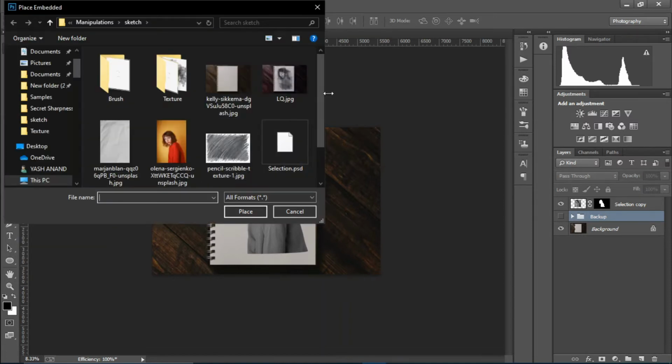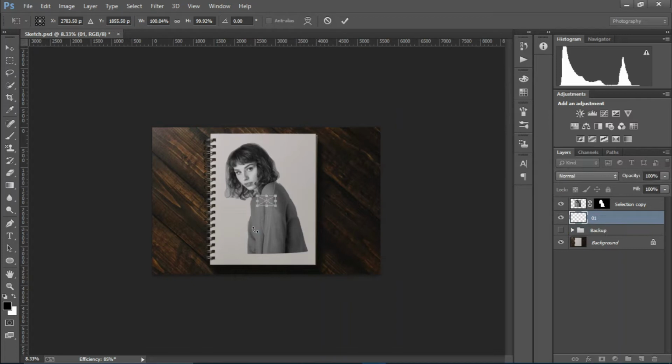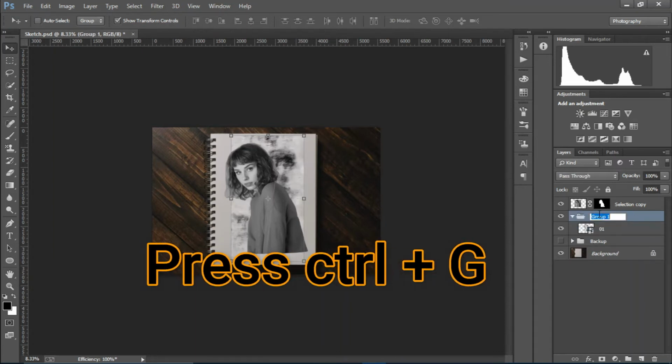place, and I'm gonna select my texture. You can download this as well from the link in the description. So I'm gonna just place it something like so. Let's see. I'll just resize it. That looks good. Oops. Okay, I'm gonna select this and press Ctrl plus G to make a group, and I'm gonna rename